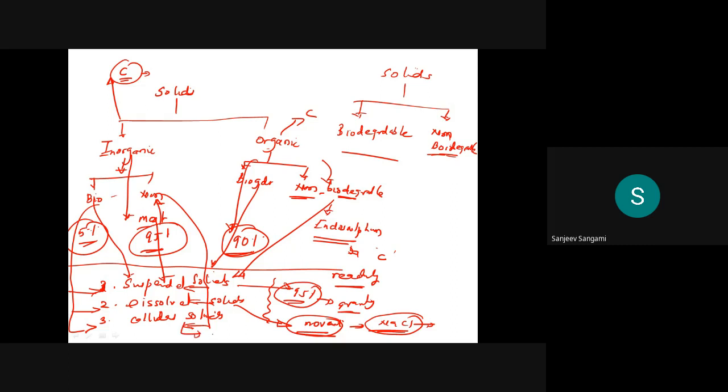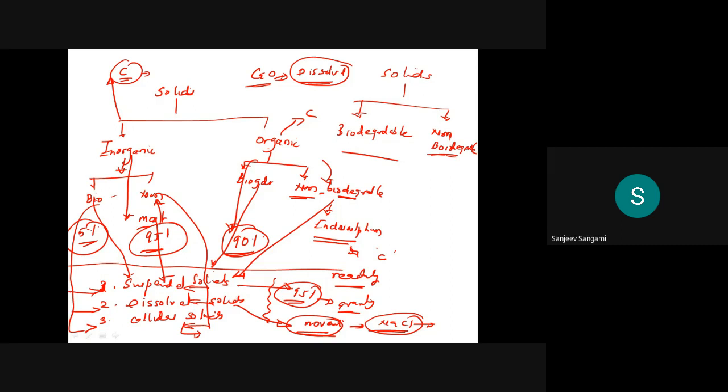Colloidal particles, you can see some particles, but these particles will not settle. So if you take chalk or lime, CaO, lime is nothing but CaO. If you take lime and dissolve it in water, lime particles will not settle under the influence of gravity so easily. Okay, I used the word so easily. After a long time, it will settle.